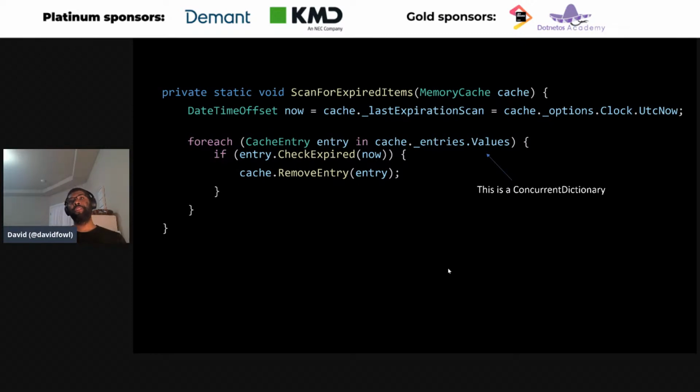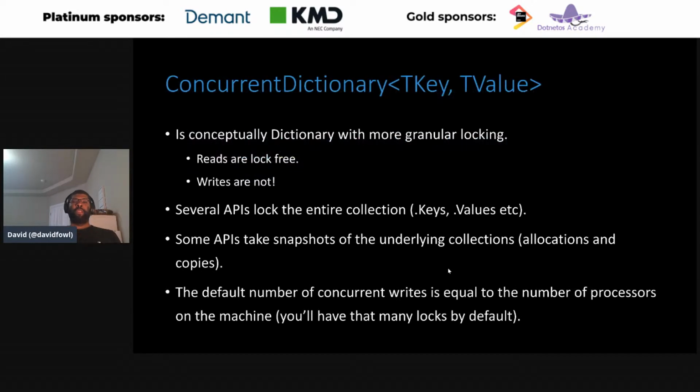So does anyone know how .values works in concurrent dictionary, like what it does under the covers? So it's funny, I actually had a tweet about dictionaries and different scenarios where you'd want to use them. Then there's the fine print on, like, okay, you want to use concurrent dictionary. You heard it's good for concurrent scenarios. It's fine, right? Reads are lock free, writes are not lock free. But there are other APIs on the type that basically lock and take a snapshot of the entire collection. .keys, .values. There are also a bunch more that do the same thing. So you kind of have to read the fine print on the API, right?